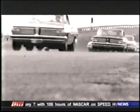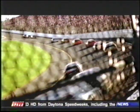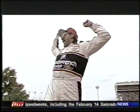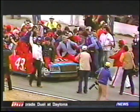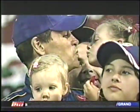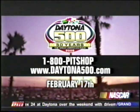The Daytona 500. It's the greatest story in racing, told in 200-lap chapters each February. Its cast of characters includes a Wonder Boy and the man himself. It's a story about underdogs, royalty, and family. Most of all, it's about knowing that should you be there, you'll be part of racing's greatest story forever. To guarantee your seats to the 50th running of the Daytona 500, call 1-800-PIT-SHOP or visit...